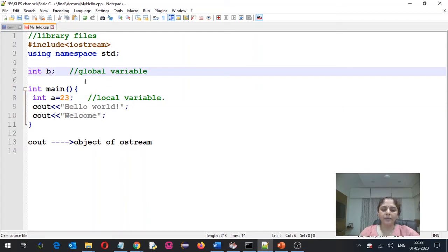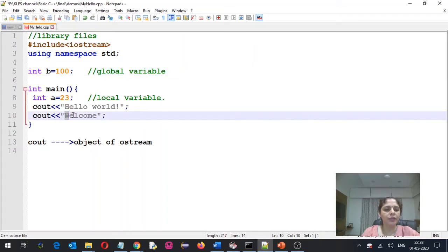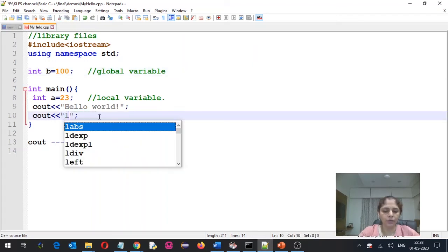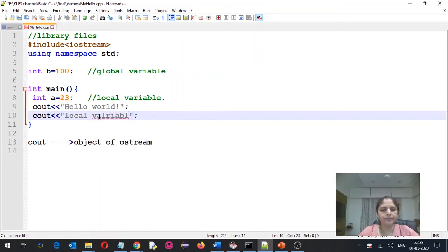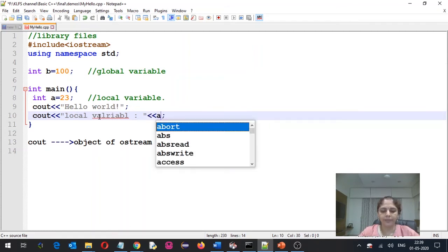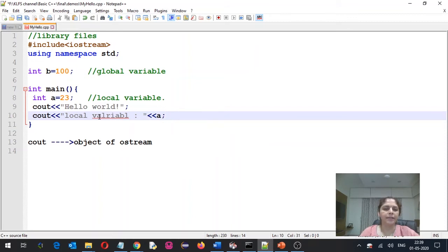If I am writing b is equal to 100 over here and I want to print the values of a and b, then over here I write cout, "local variable", and the value I want to print is a, because the local variable is a.